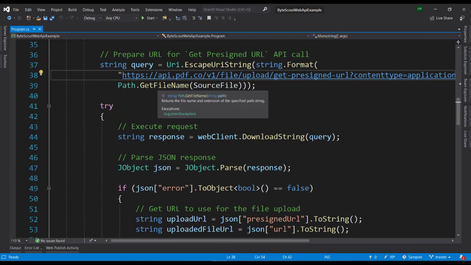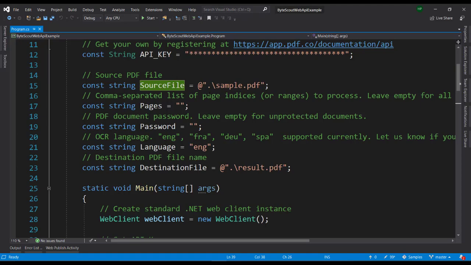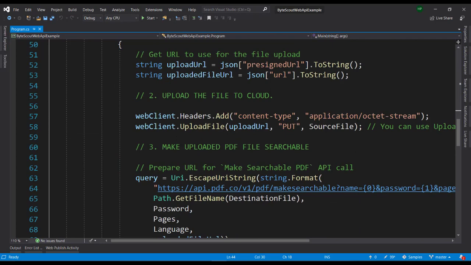and we are providing the source file. So basically we are just providing the file name here and we are going to hit the request, and once we got the response back, we are utilizing that URL, basically the pre-signed URL, and we are uploading the actual file here, you see. So to the pre-signed URL, we are actually uploading the file here.